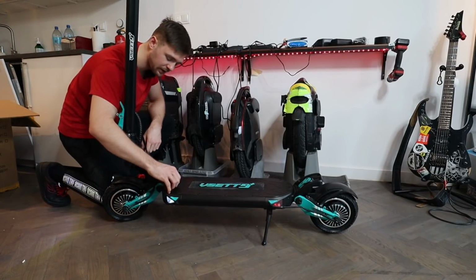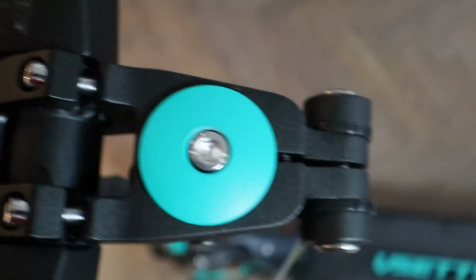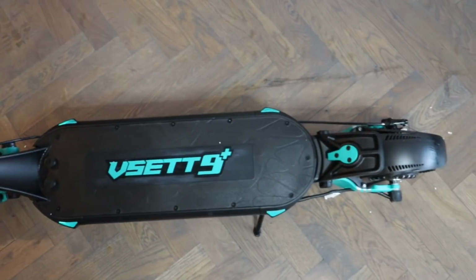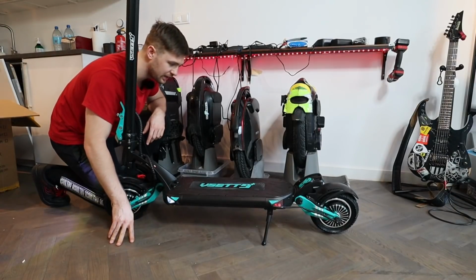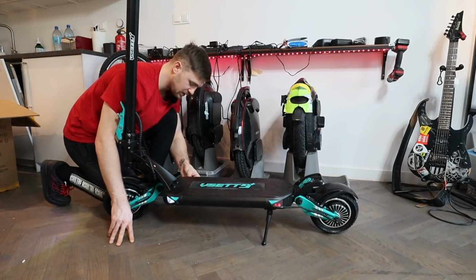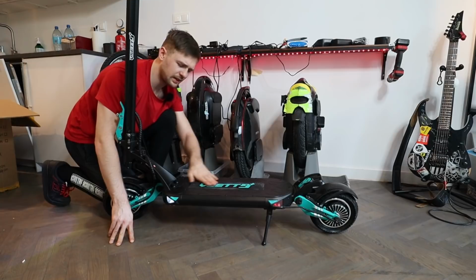Charge ports are on the top. Not really a fan of that. Should be on the side. There's no grip tape on top of the scooter. It's just this rubber material, pretty similar to the Inakim scooters. The scooter is also IP4 rated, so should be fine traveling in rain, but not IP54 or anything above that. Rigidity looks pretty cool, the quality looks pretty good,